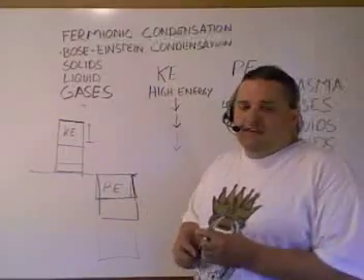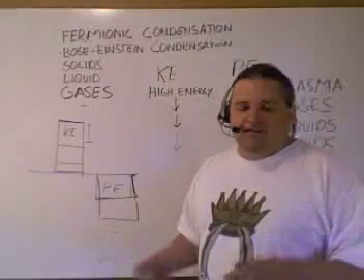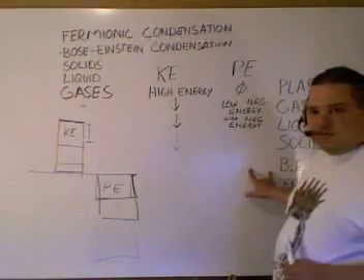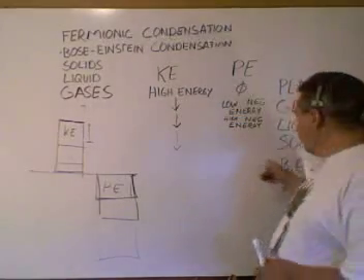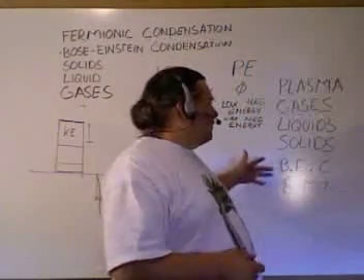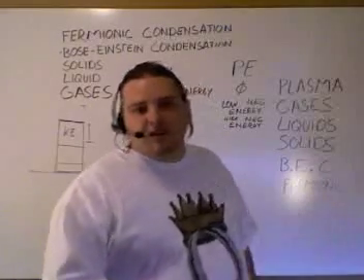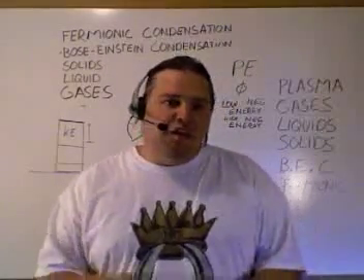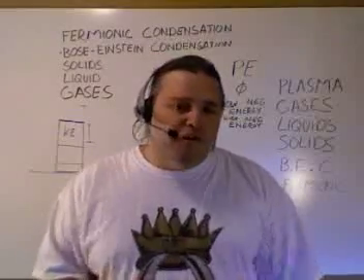Now, Bose-Einstein condensates only happen to particular types of particles, and that's why people tend to throw it out there as not necessarily a phase of matter, because not every piece of matter can achieve a BEC. Just like not every phase of matter can form fermionic condensates. But they are phases of matter in that they have their own properties that separate them from everything else. And every particle can achieve this. Every particle is either a boson or a fermion. So everything can achieve it, and that's why it is a phase of matter. Okay? Cool? So that's a quick rundown of the energy states.